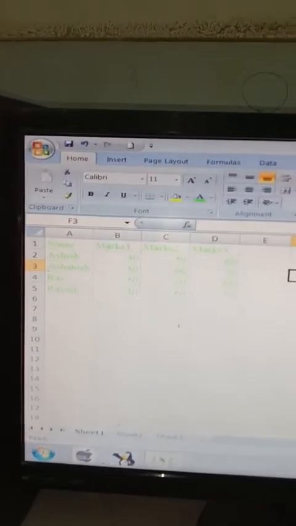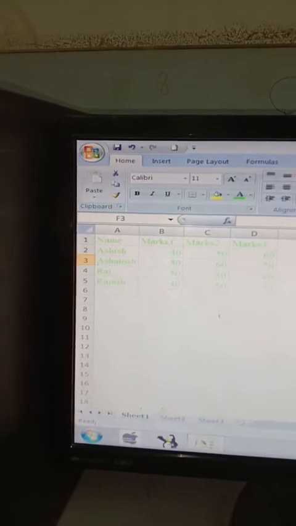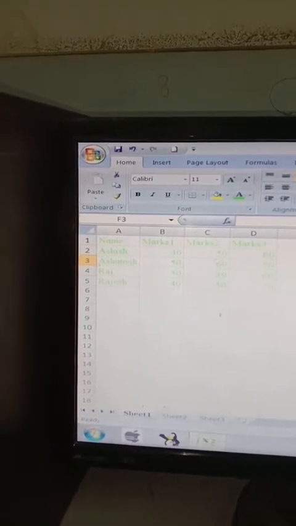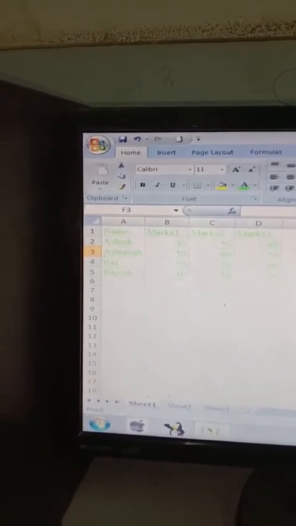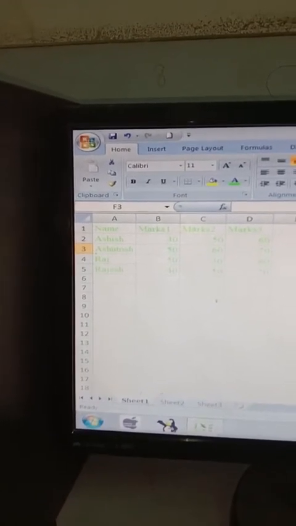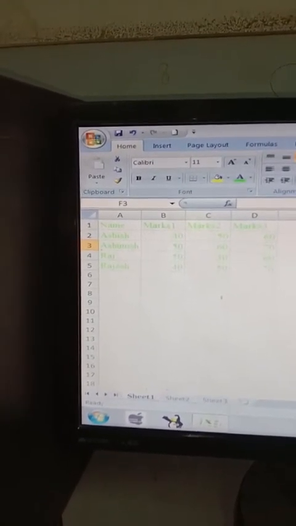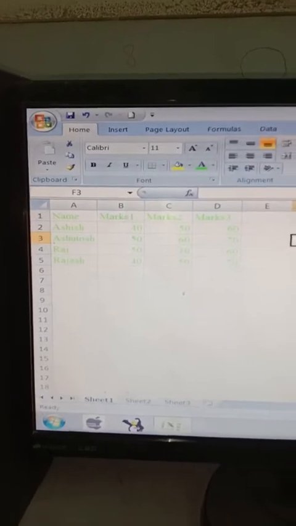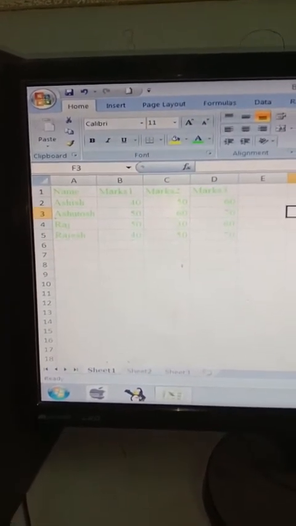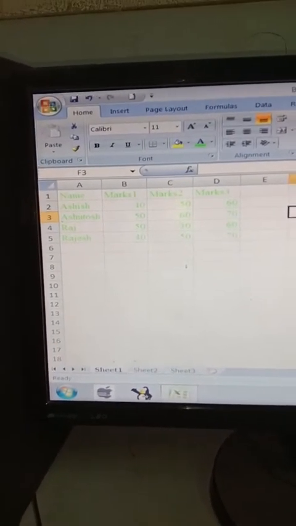Now changing the text style. Changing the text style means to change the style of the text. It means making the data bold, italic or underlined. We can emphasize the content with the help of text styles. So we also have the options of bold, italic and underline. These are the text styles.